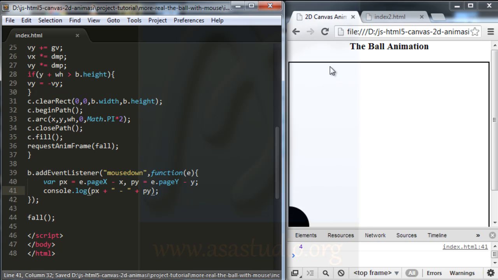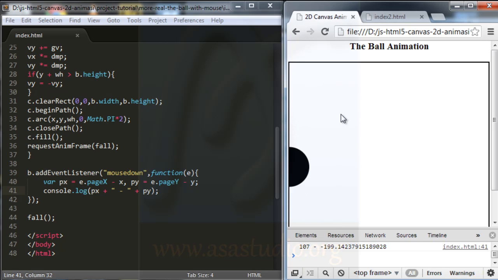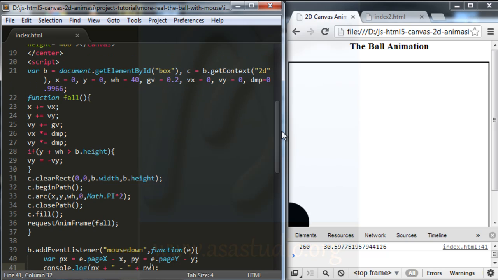Okay, like this. And now I save and I reload. If I click, now I have two positions, position X and position Y. Okay, like this. And now I have a negative value in position Y.